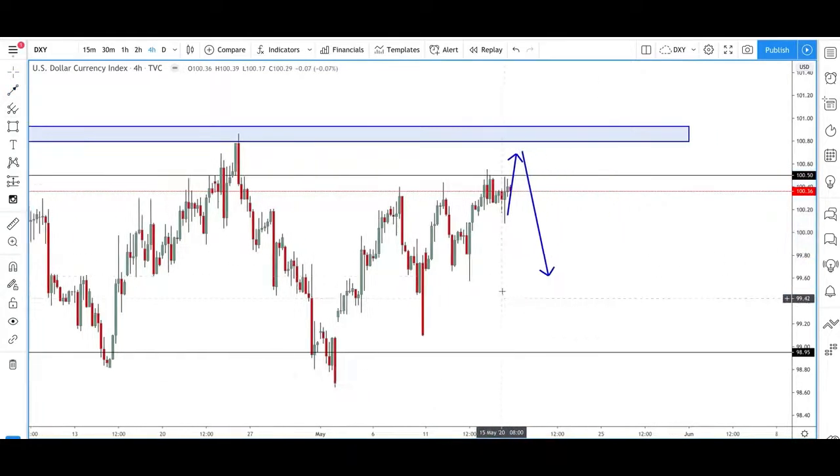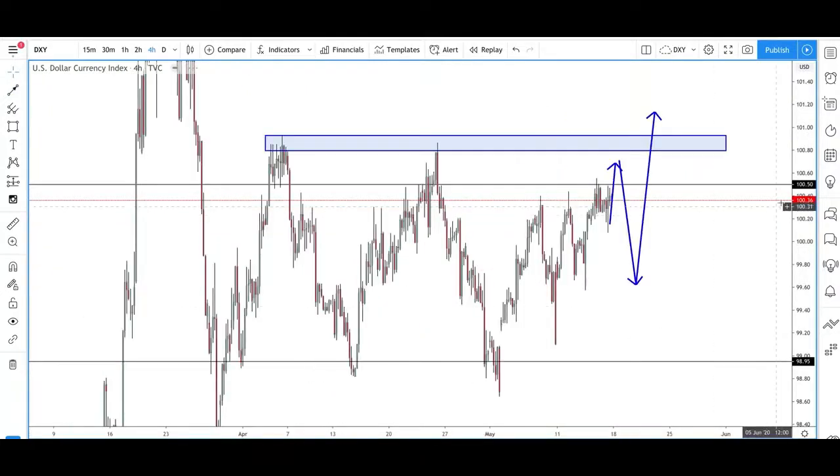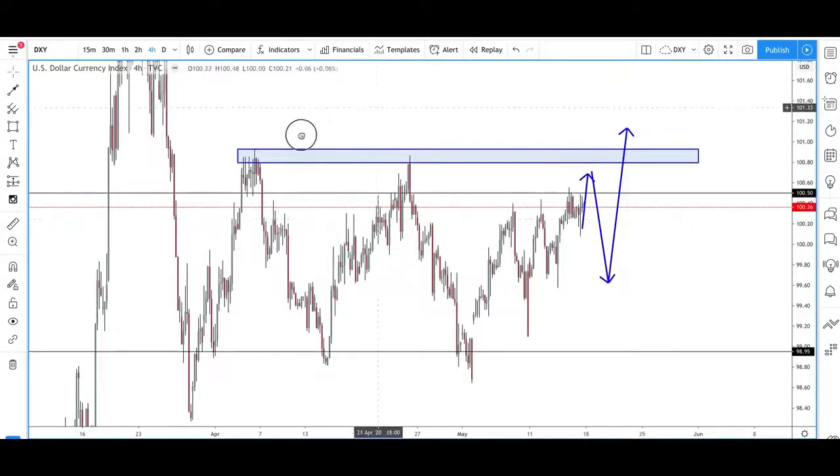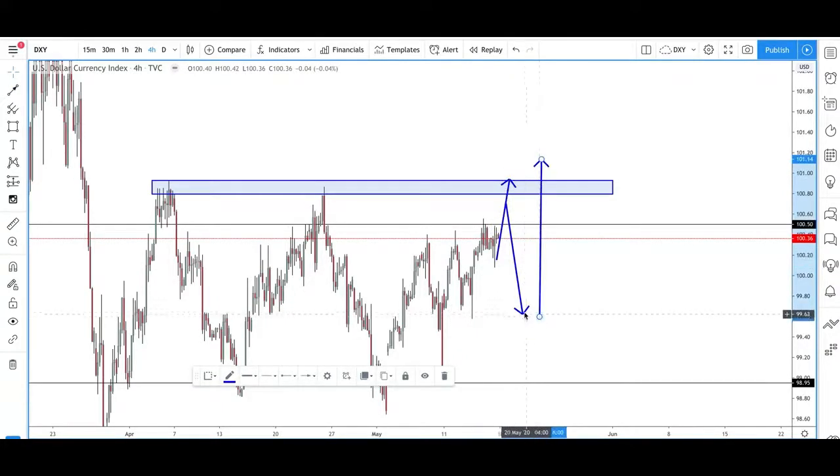However, I don't think this US dollar sell-off is going to be huge. I think we're going to see a bit of a sell-off here, and then we're going to see a move back up above this level to break above these highs, stronger. And once we take out these highs, then we're going to see a bigger sell-off longer term. So I don't think we could just come up here and then have a huge rejection back down. But I think there's going to be a bit more to it.